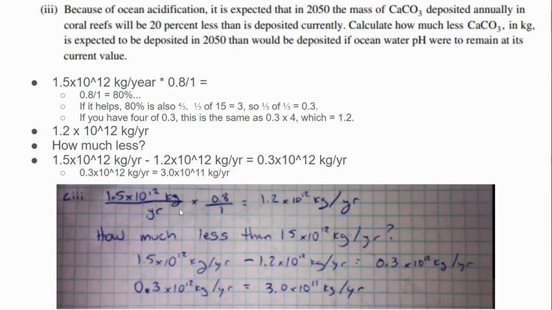But how much less than this number? 1.5 minus 1.2 is 0.3 times 10 to the 12th, because the exponent hasn't really changed. So 3 times 10 to the 11th